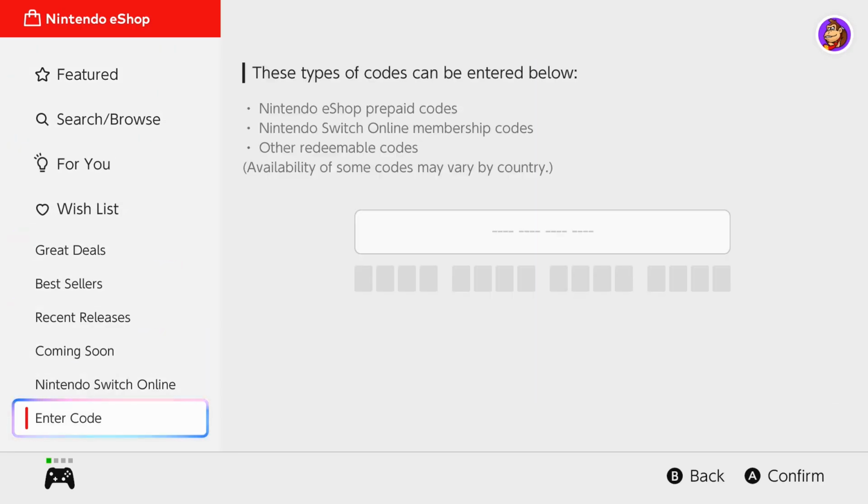Once you get into the Nintendo eShop, what you want to do over on the left-hand side is go all the way down to where it says Enter Code and select that. I purchased the Upgrade Edition code for Legend of Zelda Tears of the Kingdom from GameStop. They sent me that code to my email, so grabbing that from my email,